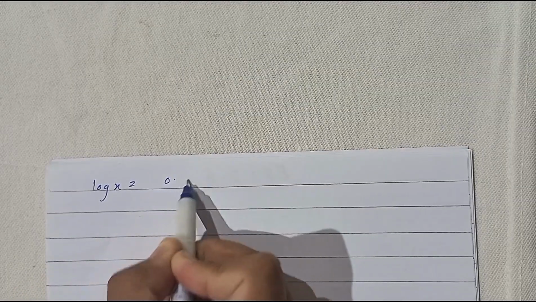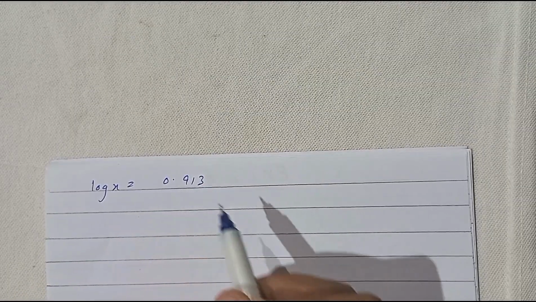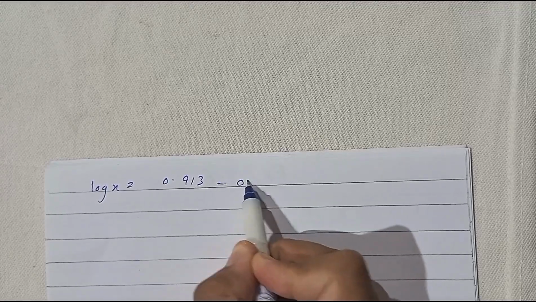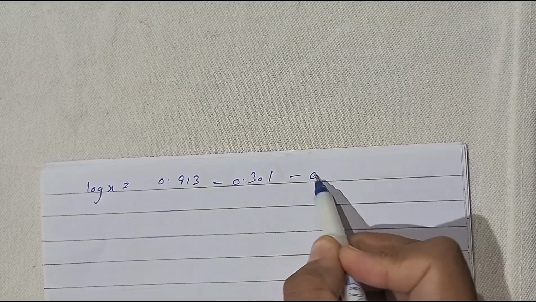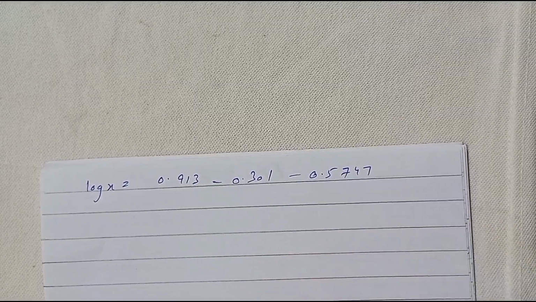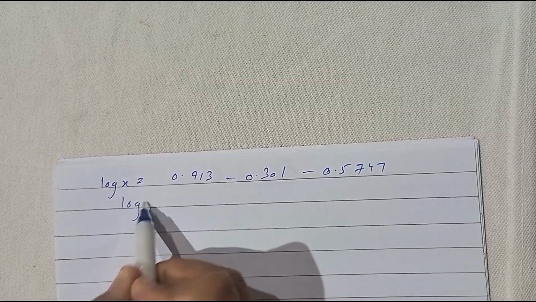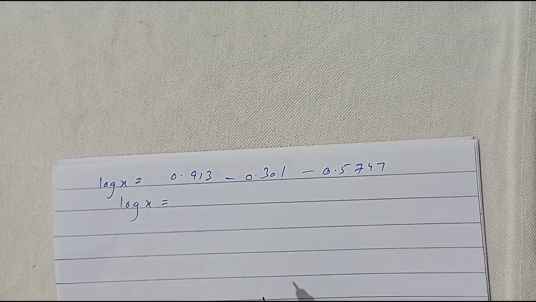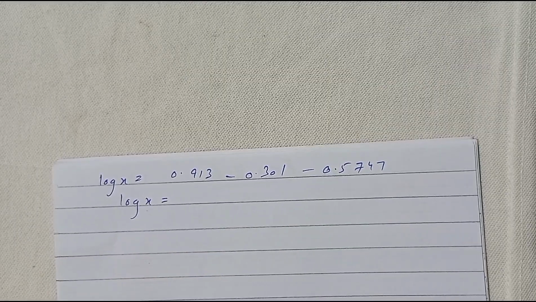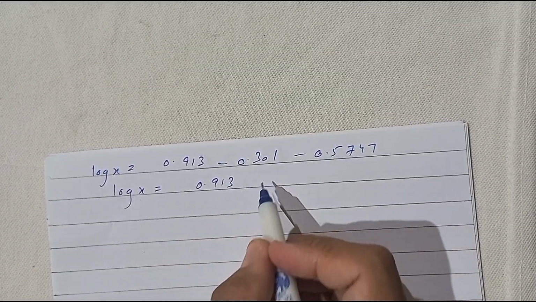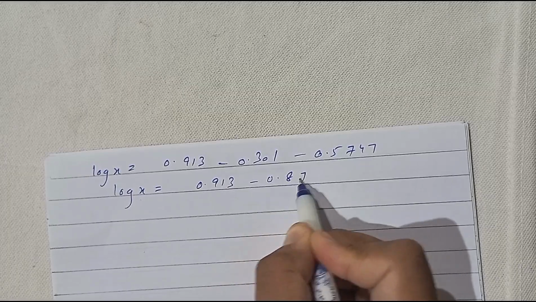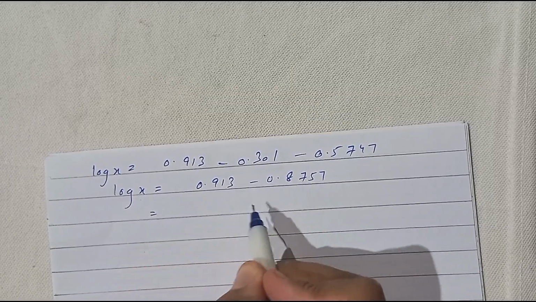Dividing 1.826 by 2, we get answer 0.913. Dividing 0.602 by 2, we get answer 0.301, and dividing 1.7243 by 3, we get answer 0.5747. Solving, adding last two numbers, we get answer minus 0.8757, and now subtracting these two numbers, we get answer